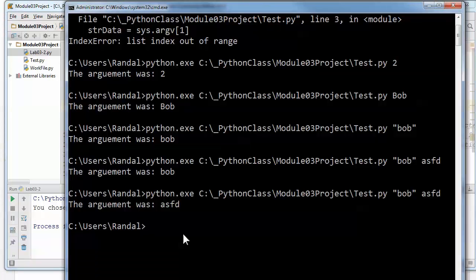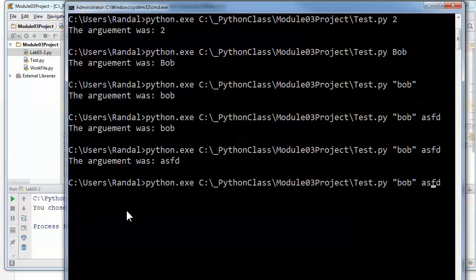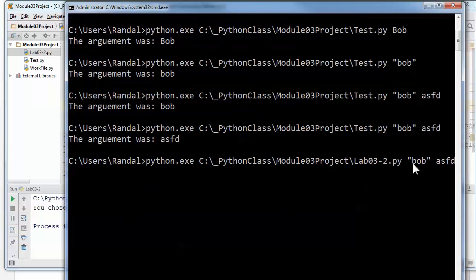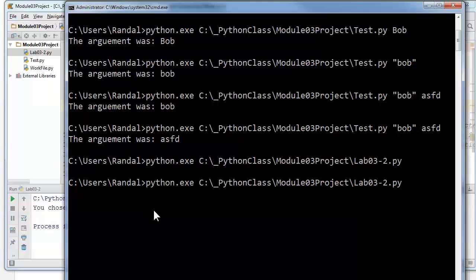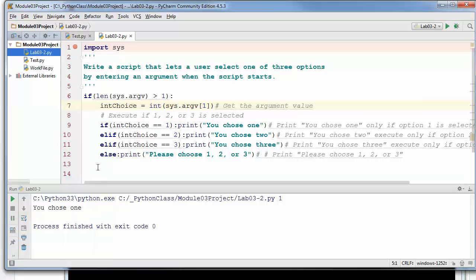So I'll go to the command prompt and I'll just change this over to lab 03-2. And how I typed out so fast, guys, I just hit the up arrow. And you can see nothing's coming out because I didn't put any arguments in. So I think I need to let the user know that they need an argument. This time I did. So I think I'll go back and update my code to be else